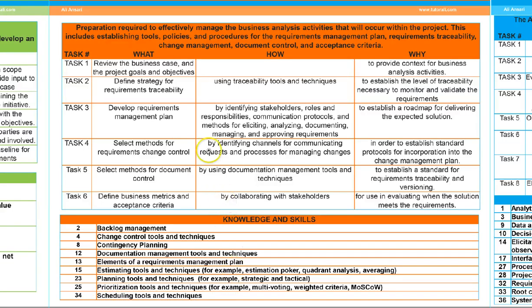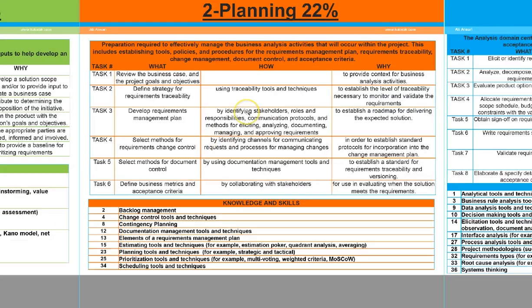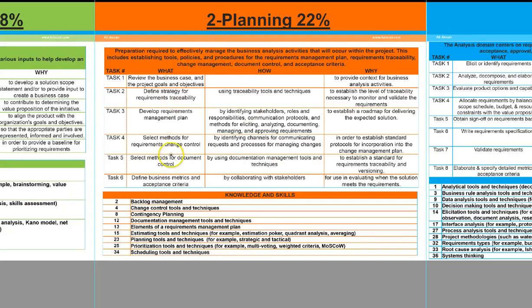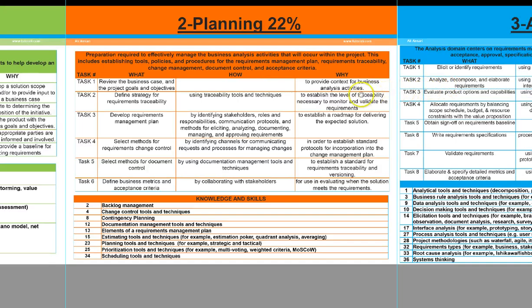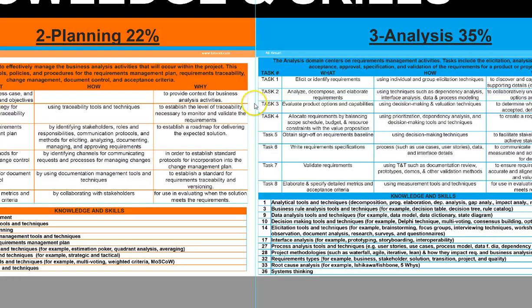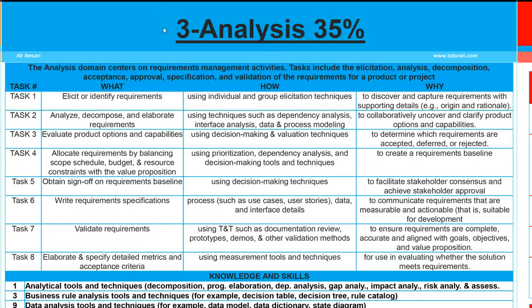Okay, so that's what happens in the planning domain, and we will cover this in detail. This is 22% of the exam, and there are a lot of knowledge and skills that we need to cover, and a total of 6 tasks. Let's get to the third one. The third one is